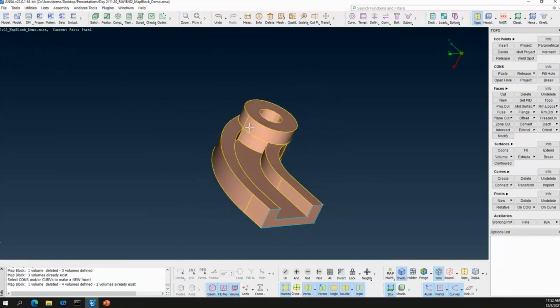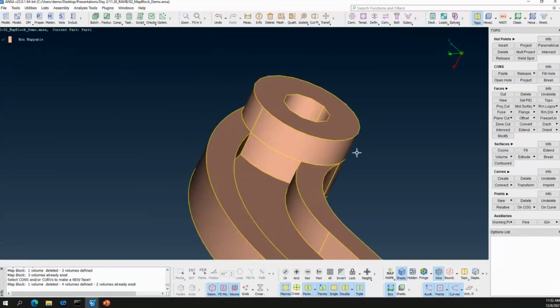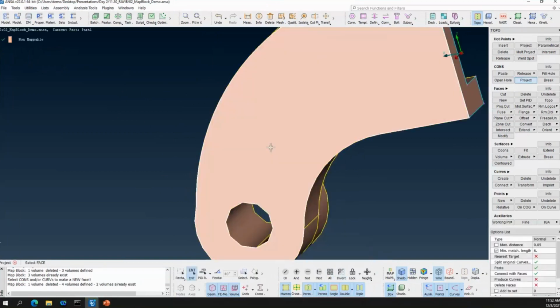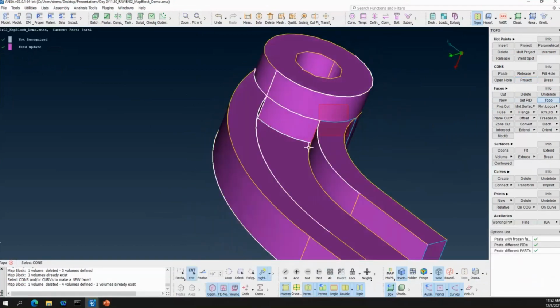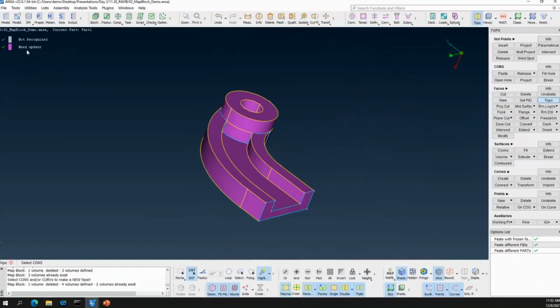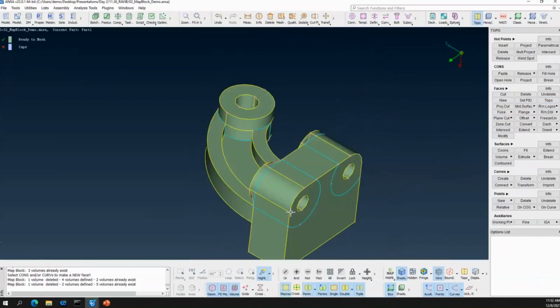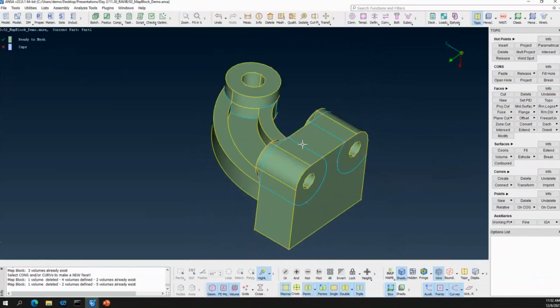In this case, I'll try to decompose this particular area by using the same project functionality. Topo to connect the cons. Re-update my model, and now we can see that everything is in the category of ready to mesh.